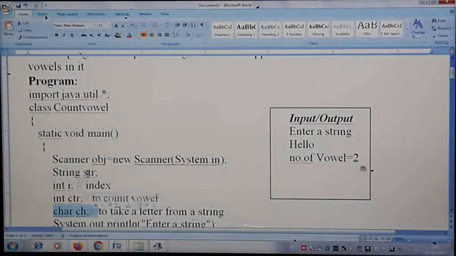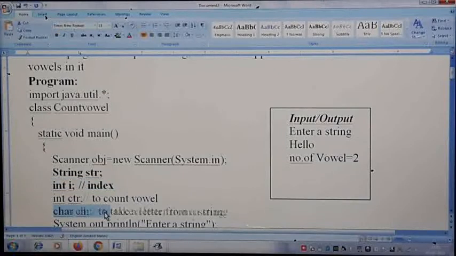So most of the time you will be taking a string. Integer I is common for most of the string programs. All these are the variables which are common for most of your string programs. Counter, it depends whether it is counting or forming a new string. Based on that the counter variable will vary. But character CH is also common, because every time to deal with a string letter by letter you require a character CH, because you extract one letter at a time and that you are going to check, or to form a new string, or to count for any purpose. So to extract the letter you require one character CH. So these things are common. Most of your string programs require these variables.